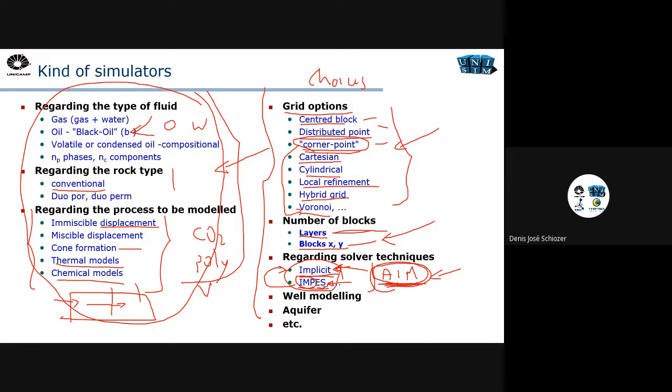So once we select this, and for this, I recommend you to use this IM method, we have to select the well modeling, how we're going to model the well in the reservoir. As we're going to see, the model normally is a boundary condition for the reservoir, and we model the wells as boundary conditions. Then we have to select how we're going to model the aquifer, which is very important. We can model the aquifer